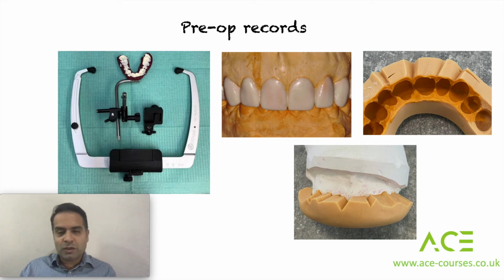It's not a conversation to go into today in this webinar, but for practical purposes, I like to always take a centric relation record and a facebow record to basically have the patient's articulated study cast mounted in CR. So here on the left, you can see a facebow record followed by a wax-up that's done with my technician. It's always important to consider initially asking for an anterior wax-up followed by a posterior one,